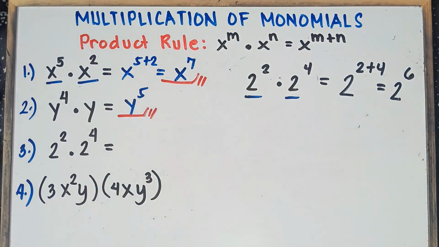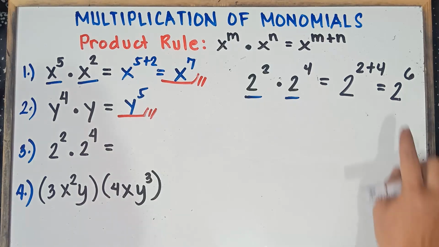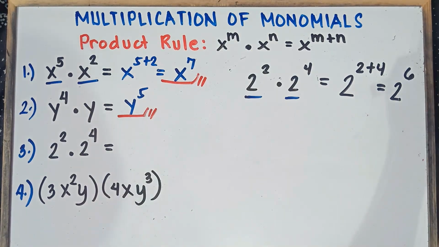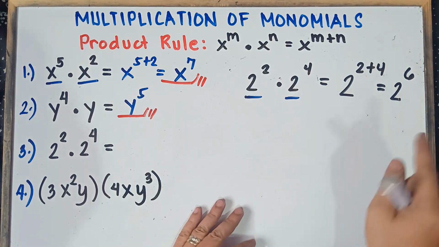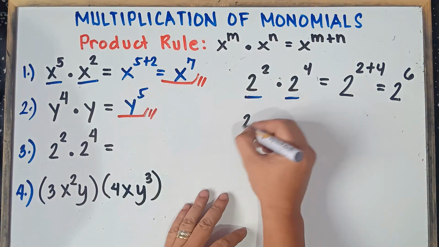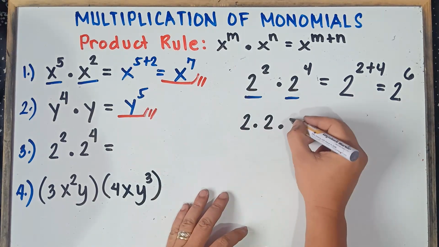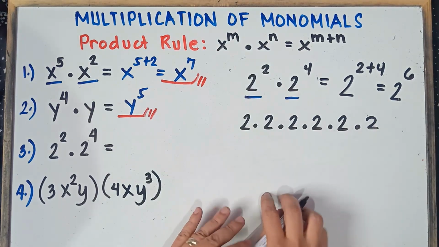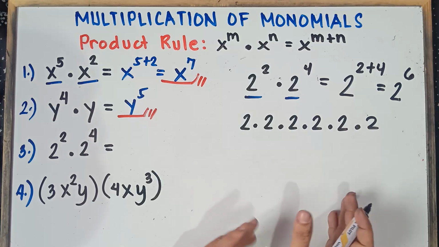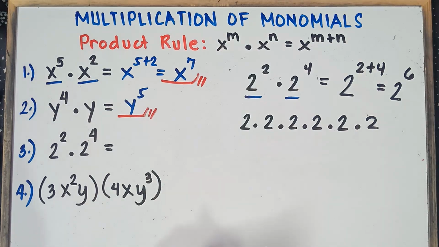Now, can we simplify 2 raised to the power of 6? Yup, we can still simplify 2 raised to the power of 6. So therefore, class, if you have a number raised to the power of another number, you can always simplify that one, class. So 2 raised to the power of 6 means you multiply 2 by itself 6 times. So that would be 2 times 2 times 2 times 2 times 2 times 2. Multiply 2 by itself 6 times. You do it step by step, class. That's okay. You do it slowly.